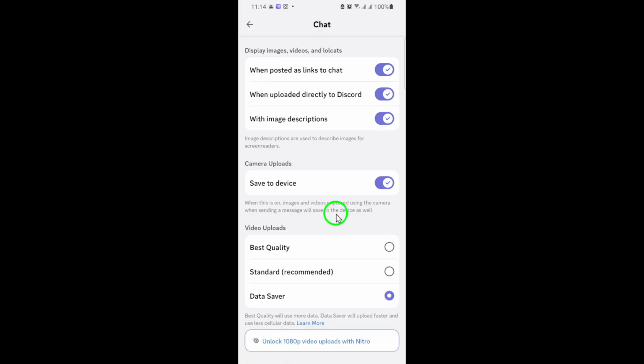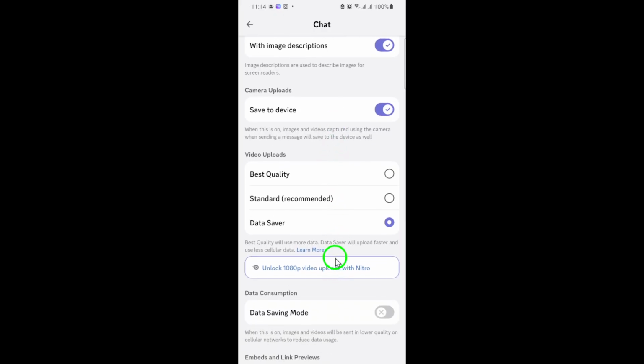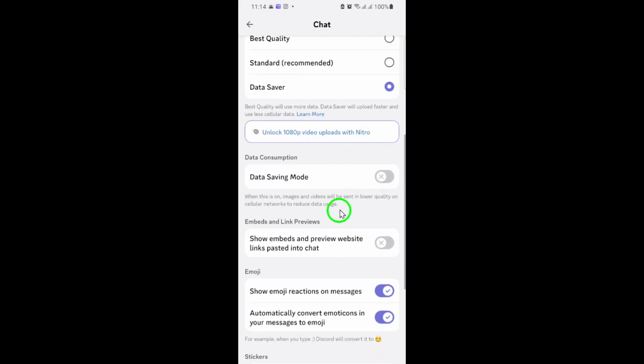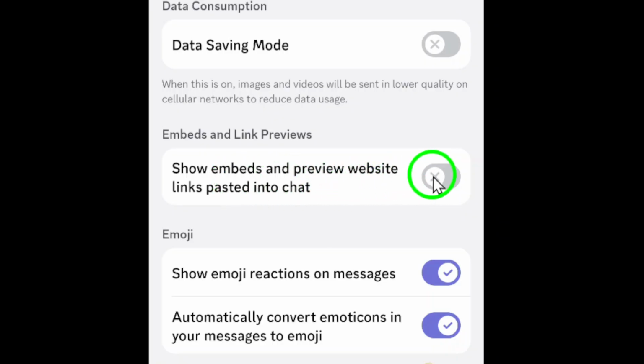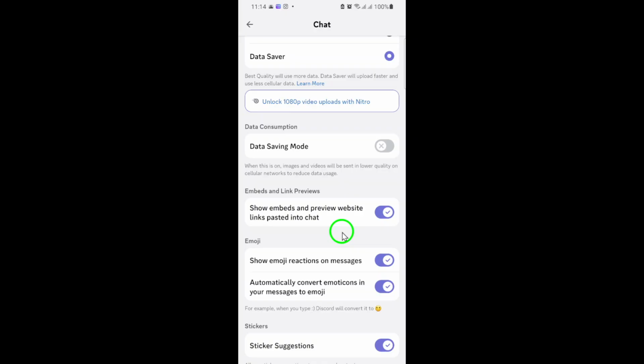If the toggle is off, you'll only see plain links. But if you want those eye-catching previews, simply tap the toggle to turn it on. It should switch colors or slide to the right, letting you know it's active. That's it. From now on, whenever you or someone else posts a link in your Discord chats, you'll see a